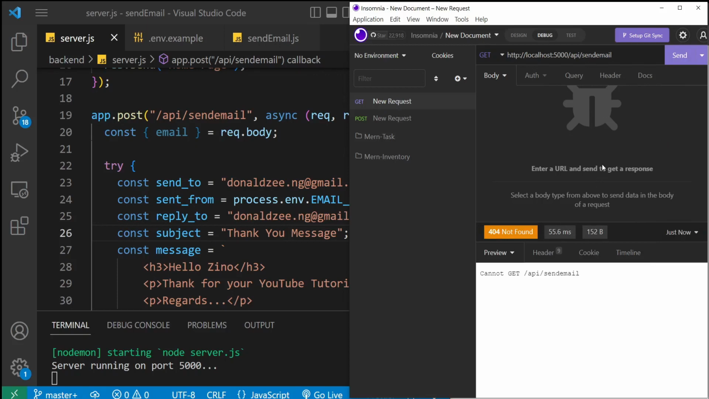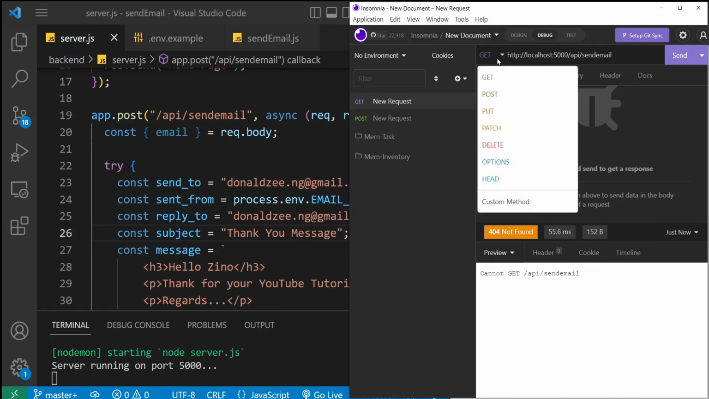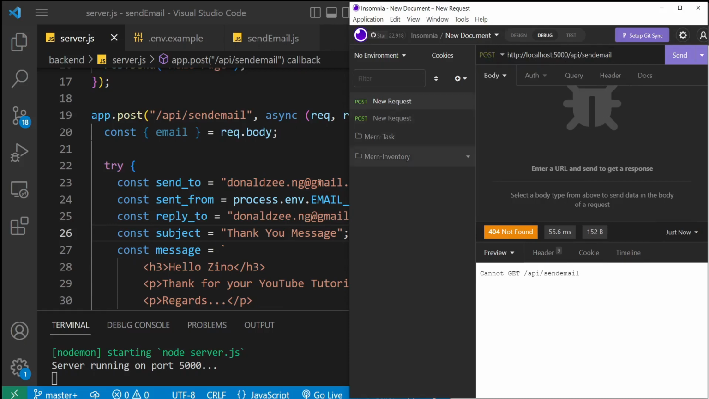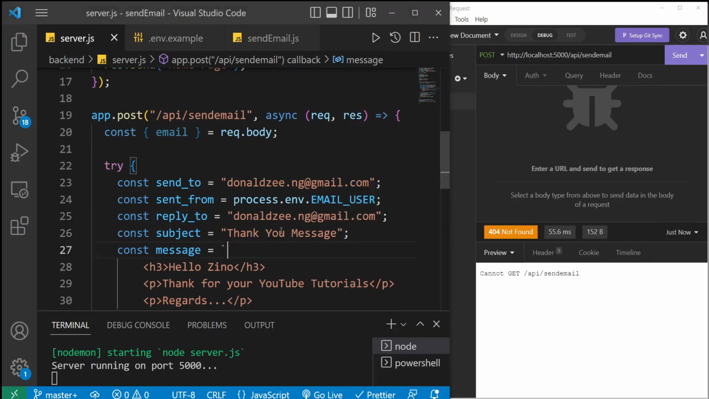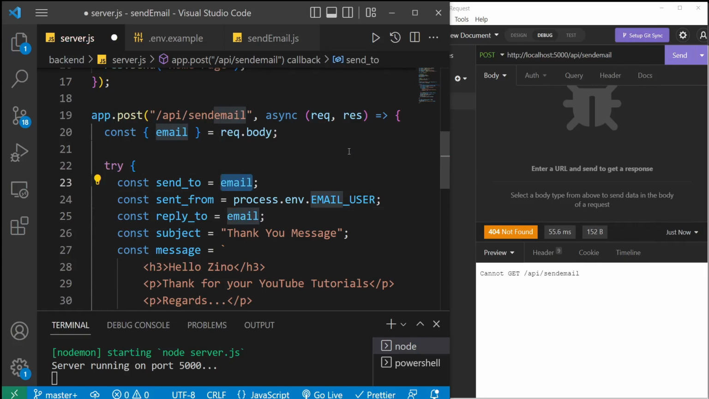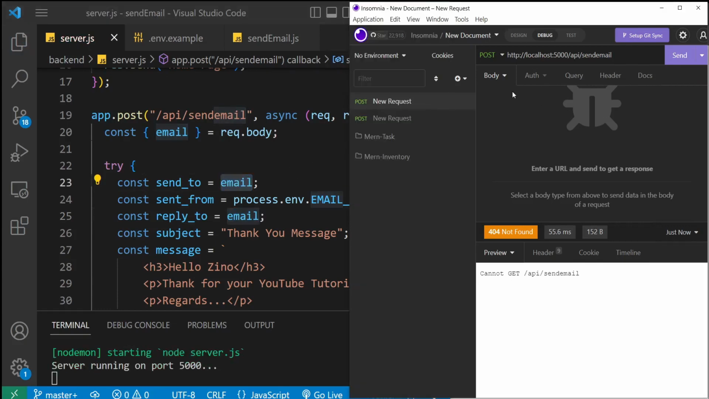Oh, okay, so there's a problem here. It says 404, this route was not found. That's because we used the get instead of the post. So I'll just change this to post. And just to keep things the way they were, I'll do Ctrl+Z and just have my email there and save this. Then I'll put my email here in the body of this